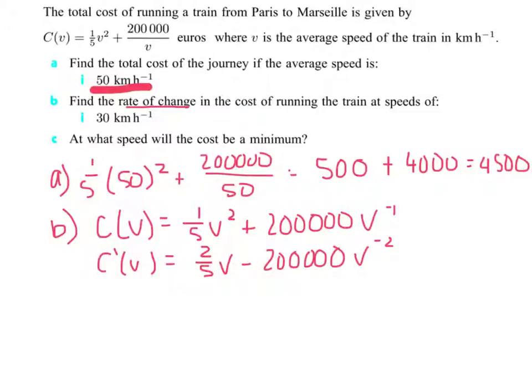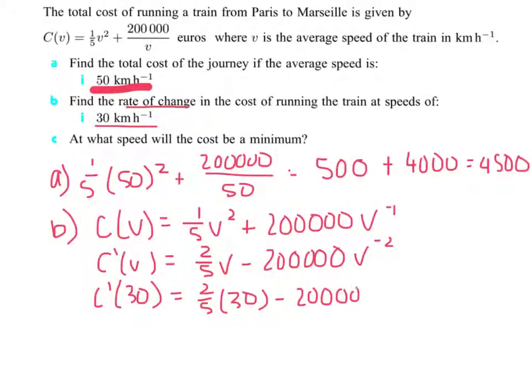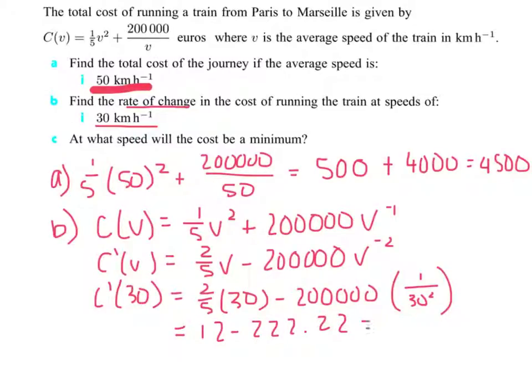And so to find the rate of change at the speed of 30 kilometers per hour, we plug in 30 for V in this first derivative. So C prime of 30 equals 2/5 times 30 minus 200,000 times basically 1/30 squared. So let me calculate this. So once you calculate this, you get 12 minus about 222.22, which is about